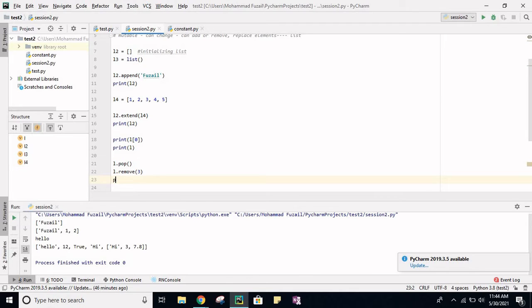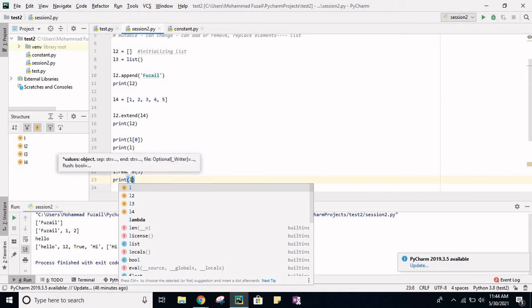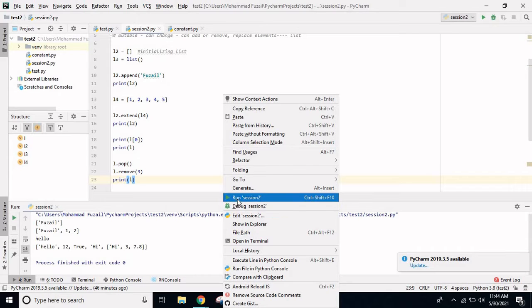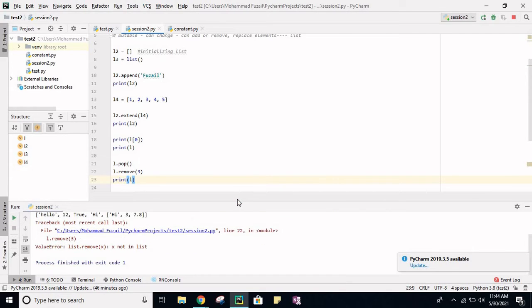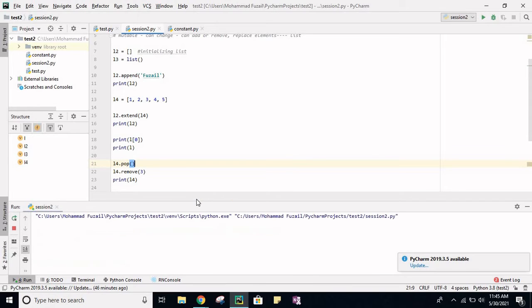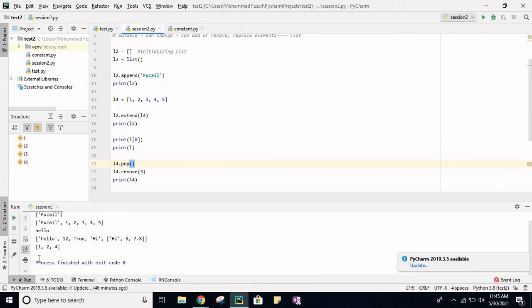Now after removing, if I print L, see, we had 1 2 3 4 5. So what pop did is it removed the last element, which was 5. If you use pop without passing any index, it will remove 5,